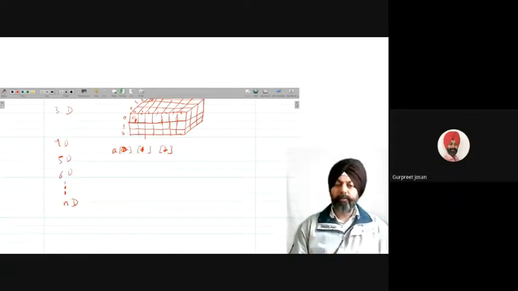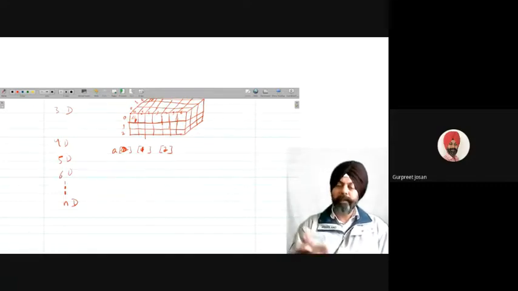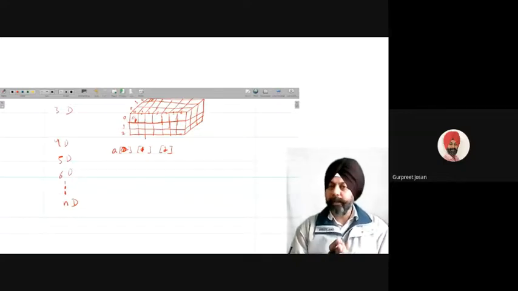Got my point? So we have one-dimensional arrays, two-dimensional arrays, and three-dimensional arrays. We will start with the first dimension only, then we will cover the second dimension in future lectures. So I hope the concept of array is clear to you now. Any doubt about arrays? No, sir. It is clear.